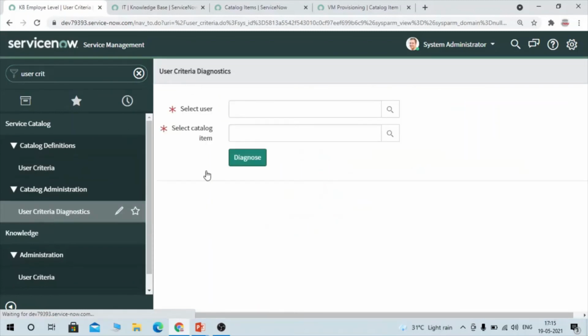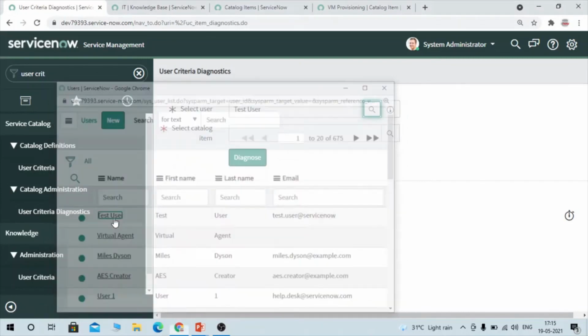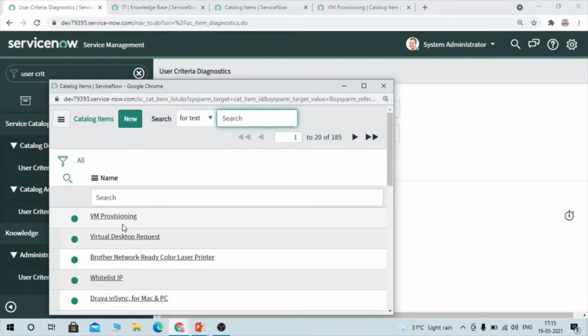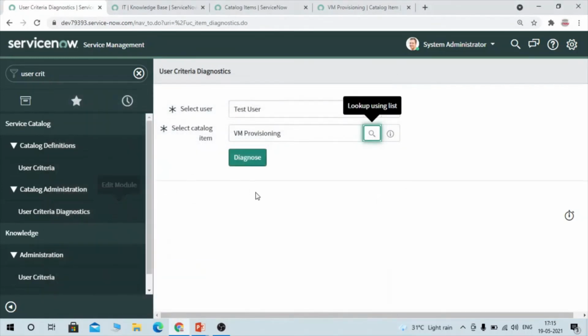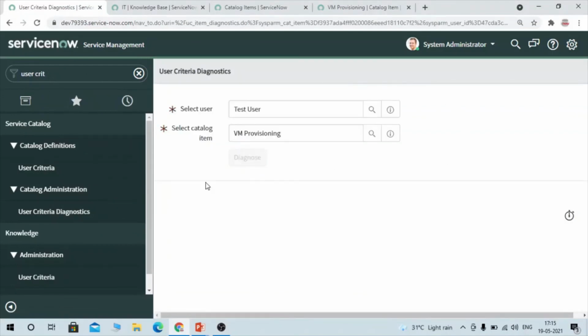You can go here, select the user, and select the catalog item for which you have added the catalog user criteria, and you can diagnose. Once you click on diagnose, it takes quite some time, and you would be able to see everything.